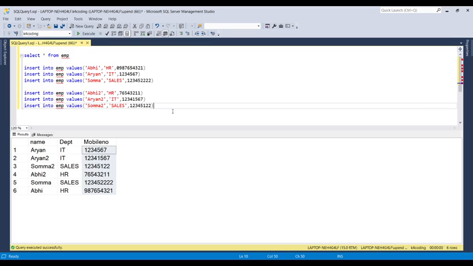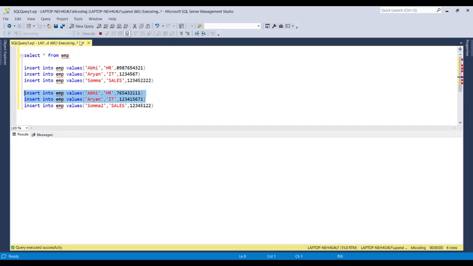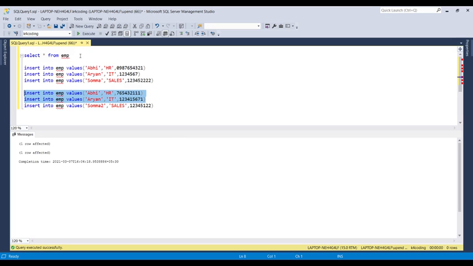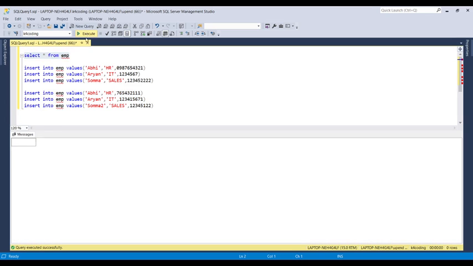The composite key has a similar concept to the primary key, and we can use the same EMP table to replicate the composite key formula. As we have the primary key on mobile number, we're going to just change the name and try to insert. As you can see, it's only checking the validation on mobile number.